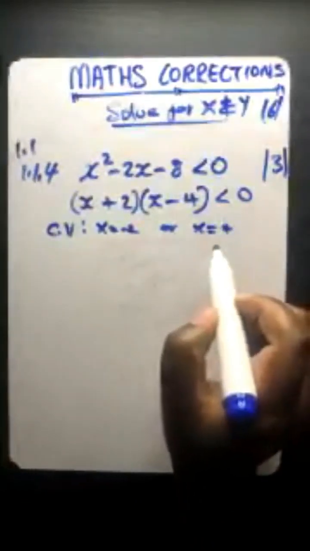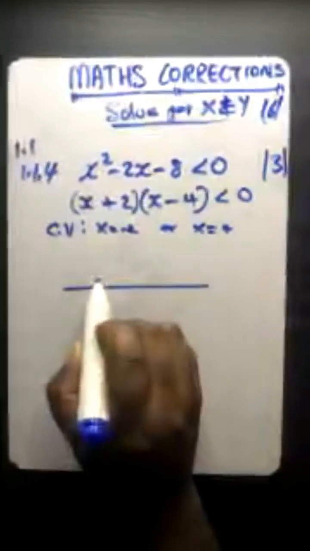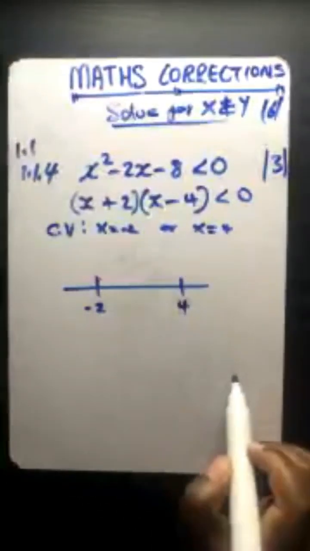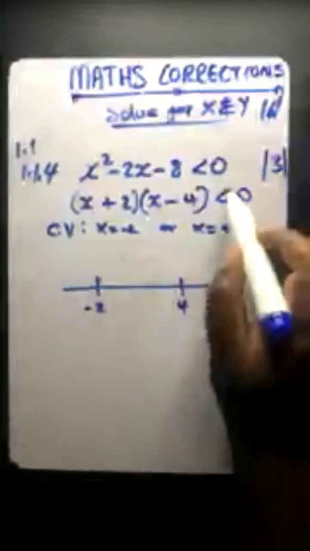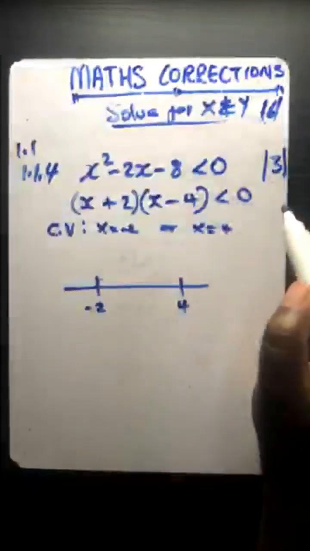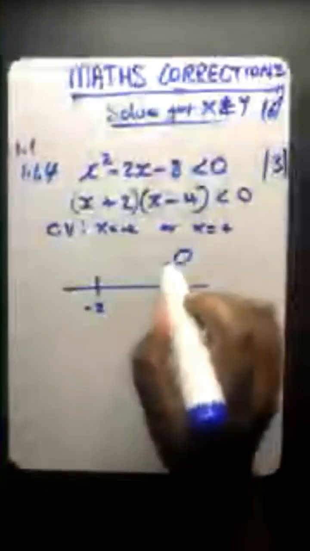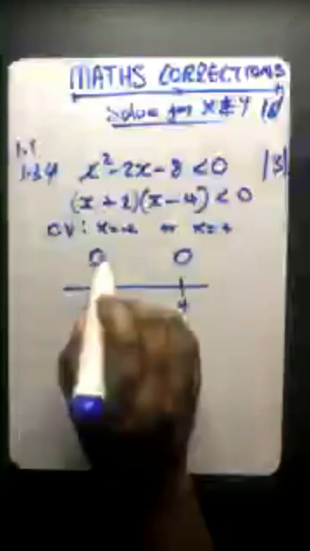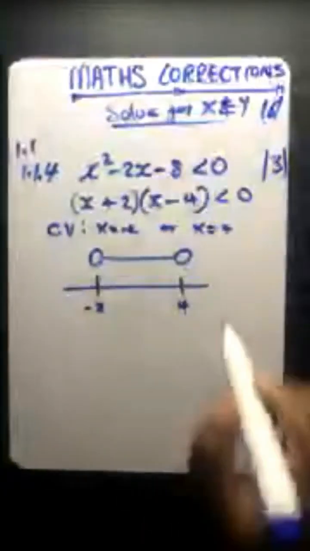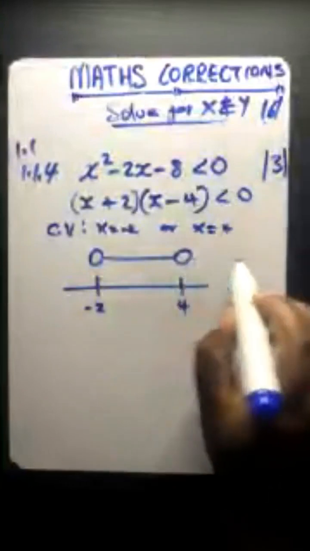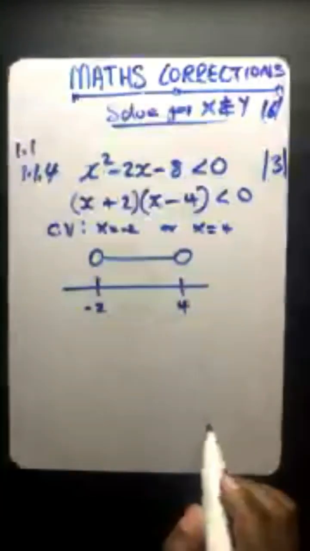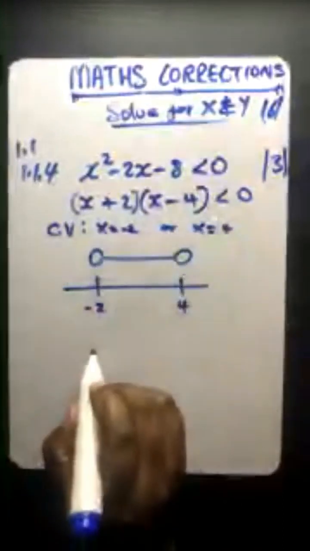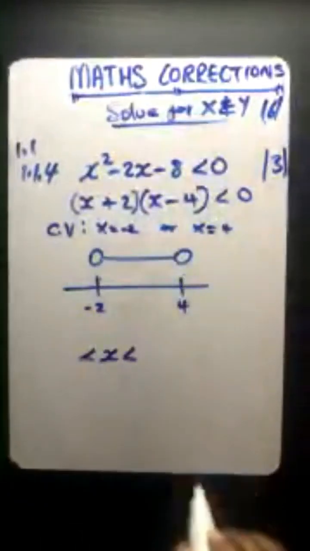What is the importance of critical values? It is for you to then write them there. You say you're having -2 there, you are having 4 there. Most importantly, can you guys see that you're having a less than sign there? Then it's a circle which is not shaded. And remember, I said if it's less than, those things are going to be like that. If it was greater than, you are going to have them pointing outwards. Then you are done, because always when you have that being less than, this is how you represent your answer